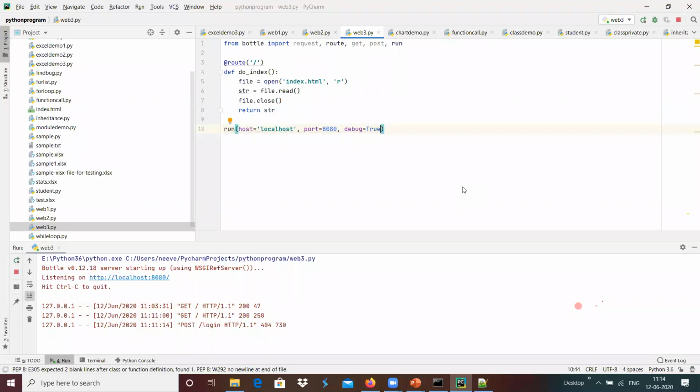Apart from that, Python can be used for testing and automation as well, which we will see in a future session: how we can do unit testing, and how graphical user interface test automations can be created with the help of the Python programming language.